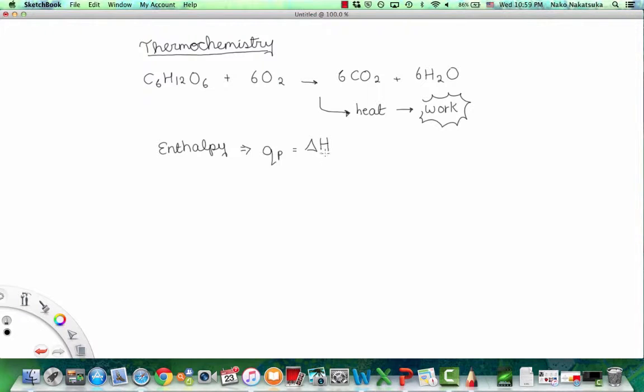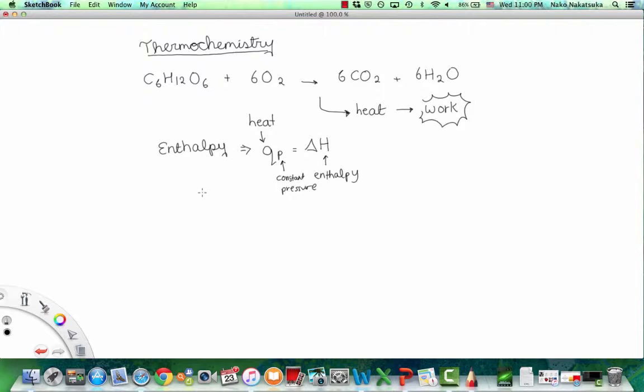What this means is that delta H is enthalpy, the amount of heat released or absorbed at a constant pressure, where this subscript P represents constant pressure, and Q is the letter given to heat. So I'm introducing you to all of these different terms that you're going to have to use a lot in